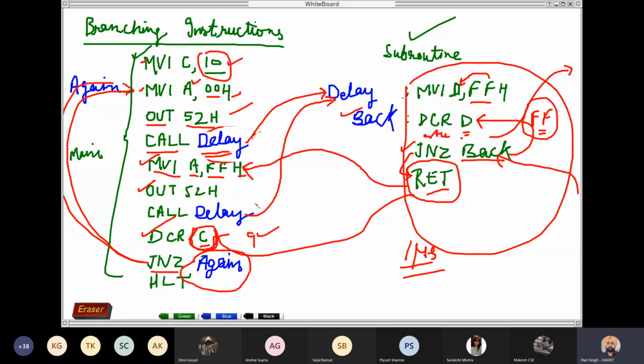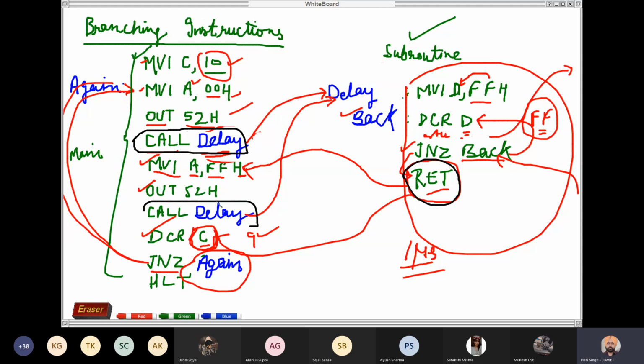Okay. Now you can note down the instructions in both the programs which transfer control from one location to another location. Means the instructions which break the normal sequence of the program. So those instructions are call. Call instruction transfers control to the subroutine. Then the return instruction transfers the control back to the main program.